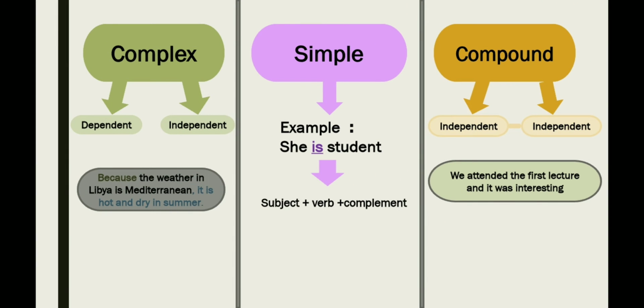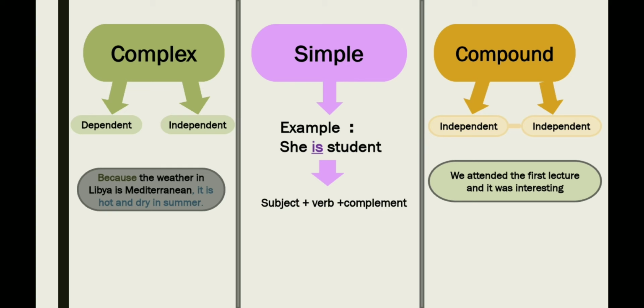So let's go back to the three types of the sentence. The first type, simple sentence. In the simple sentence we use one verb, such as she is a student. I am a doctor. I am a teacher. She is a student. She is a subject, is verb, student complement. So we have one verb with the complete meaning. We don't have to add something to explain